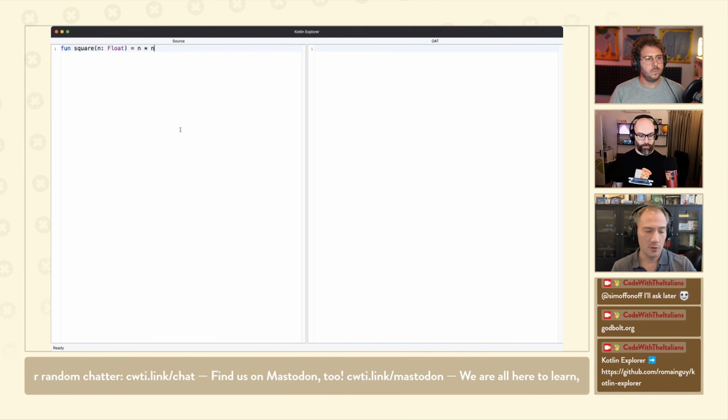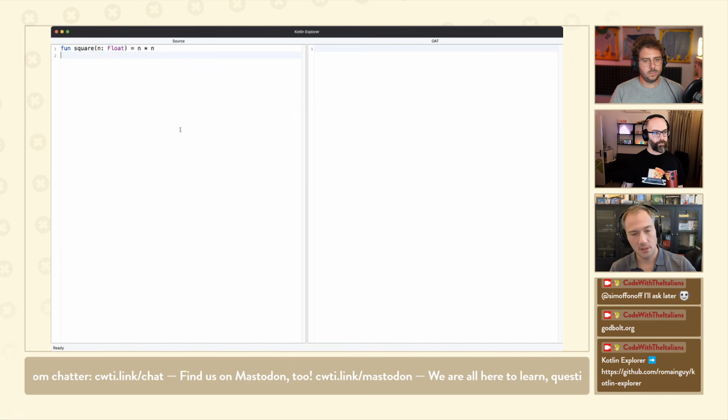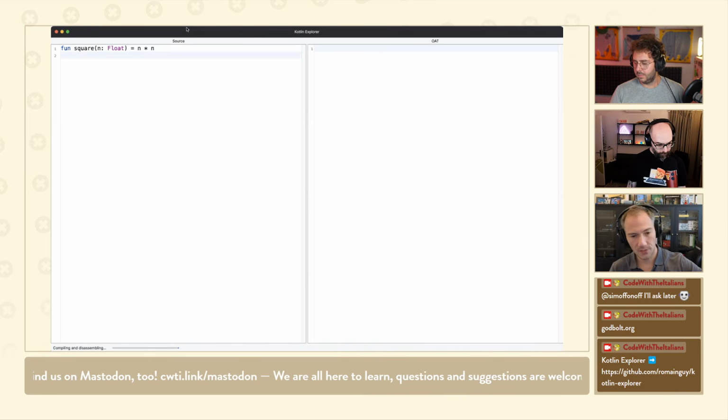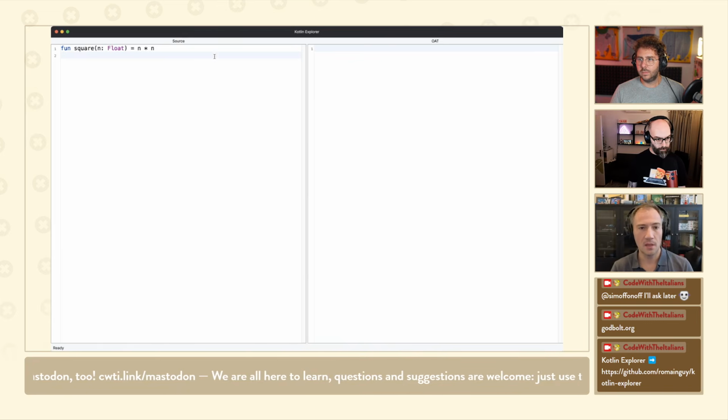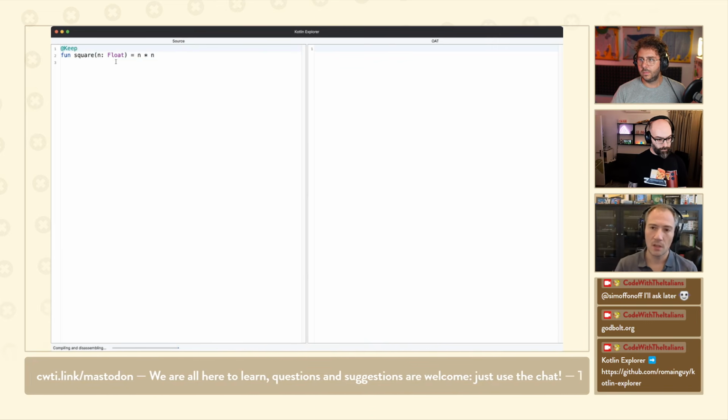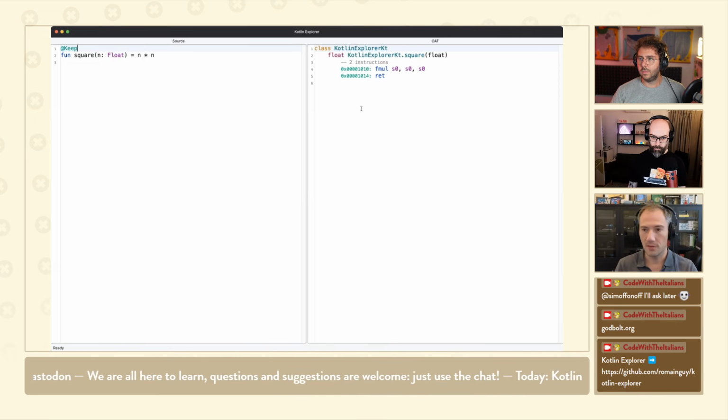Then you need to have an emulator or a physical device connected. So currently I have a Pixel 6 that's connected to my machine. And when you click build and disassemble, it's gonna compile, send the DEX file to your device, disassemble it on the device, and then, I forgot this annotation, we'll talk about this. And then you're gonna see the output of the compilation for that device.